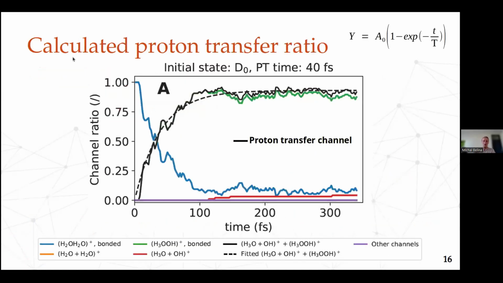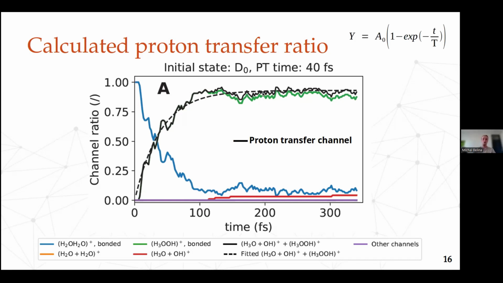So with this we got our theoretical results. Here you can see a channel ratio as a function of time. This channel ratio means, as we run the so-called trajectory-based simulation, what's the percentage or ratio of the reactions of the water dimer following different reaction paths. The most important here is the black curve, which represents the